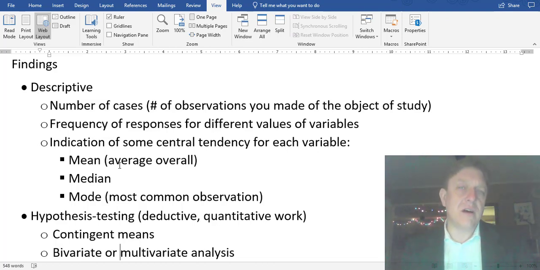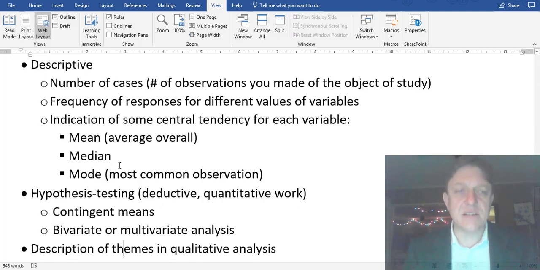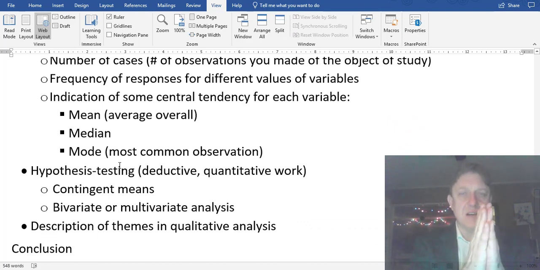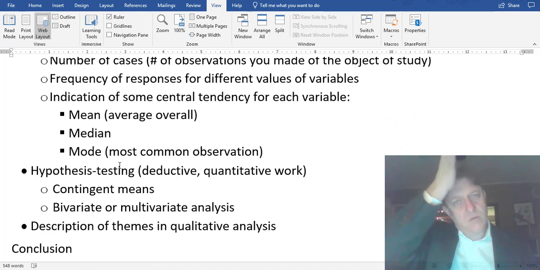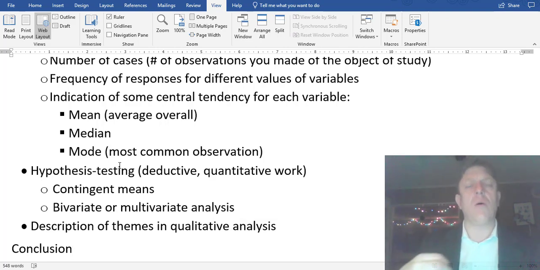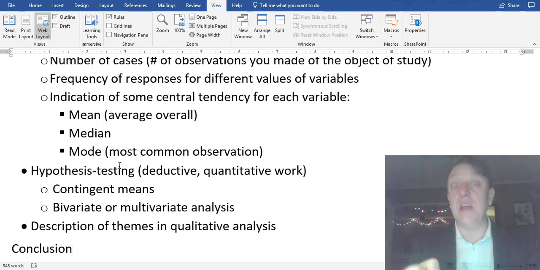You can also describe central tendency, which means overall, what's one number that can describe what's going on. If you're doing a quantitative analysis, you could do the mean overall, that's the average. You could do the median, which is you take all the values, you put them in order, and you pick the middle number. This should be familiar from Social Science 320. You can also talk about the mode. Perhaps there was one value of a variable or one common observation or theme that just showed up and dominated